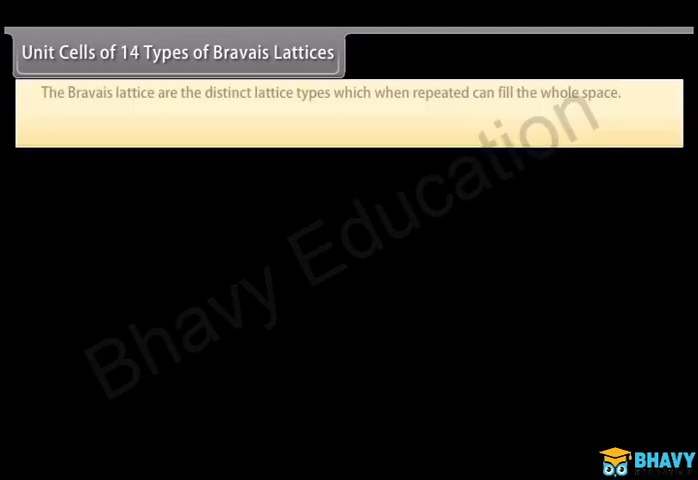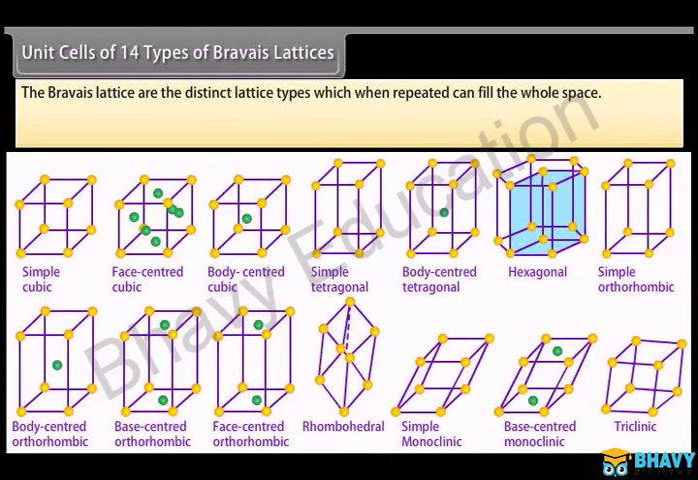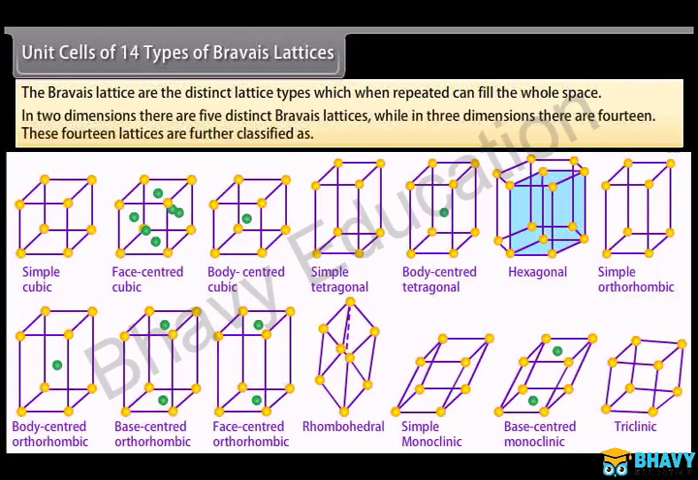Unit cells of 14 types of Bravais lattices. The Bravais lattices are the distinct lattice types which, when repeated, can fill the whole space. In 2 dimensions, there are 5 distinct Bravais lattices, while in 3 dimensions, there are 14. These 14 lattices are further classified as